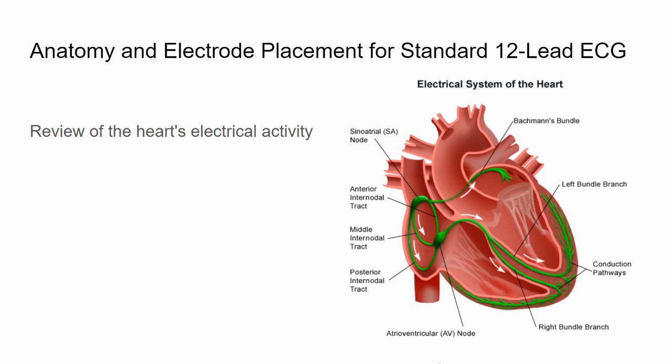The electrical conduction system begins in the SA node, so the sinoatrial node up here, which is located in the upper part of the right atrium. The SA node is known as the natural pacemaker of the heart, as it initiates electrical impulses that stimulate the heart's contraction. From the SA node, the electrical impulses spread through the atria, causing them to contract and push blood